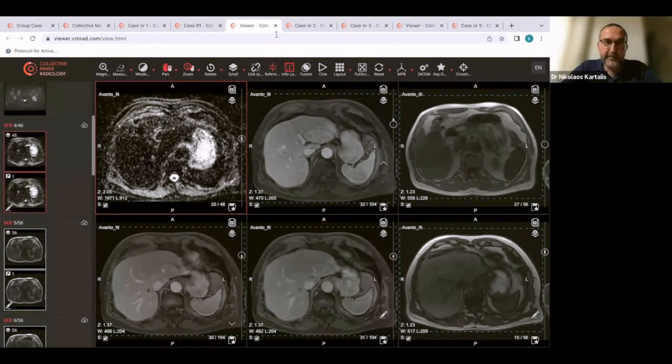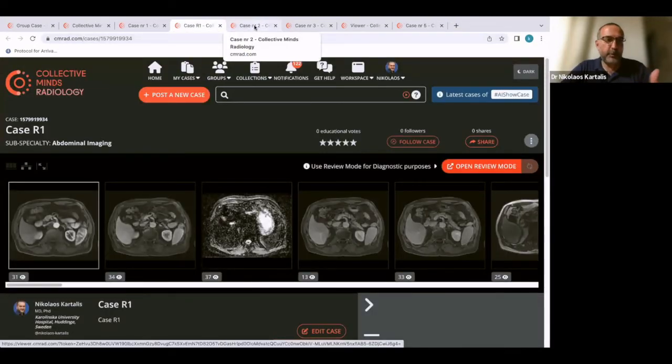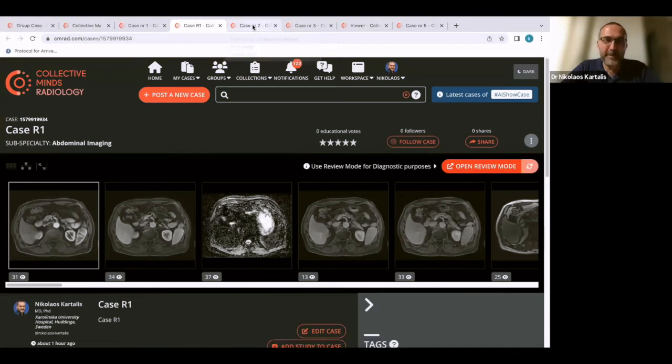Martin, are there any more questions before I go to the next case? Not yet, not yet. Excellent. Then, if we are done with the first case, and of course, as Fredrik said, the webinar is recorded, so you can still have the time to go back to the images and look at them at a calmer pace, because I will try to go through all my cases during the live session.